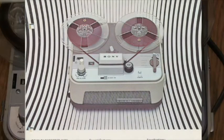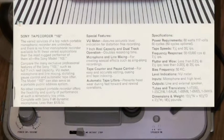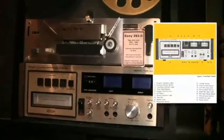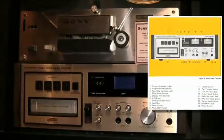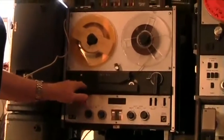After I began working with Balco and was able to sell Sony Superscope products in the Alpine area, this was one of the first models I sold, which was to the Brewster County Court. This is the original 8-track recorder that we've had in the collection. Actually, it's not been a collection, it was actually used back in the 60s, and we still retained it. This is the Sony 600, and